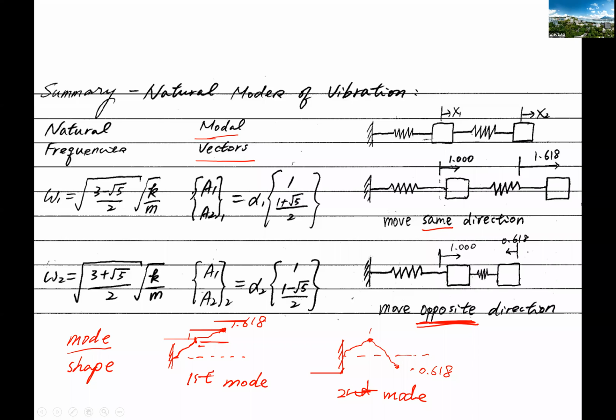Okay, so with this, we can draw the mode shape for this 2-degree of freedom system. So at least now you will be able to see that the 2-degree of freedom system has some differences compared to the single degree of freedom system. So any question about this? Okay, so it's fine. If this is okay, now let me